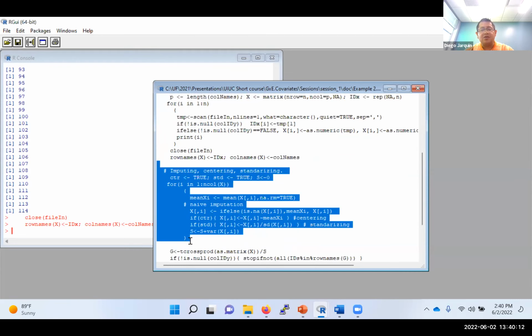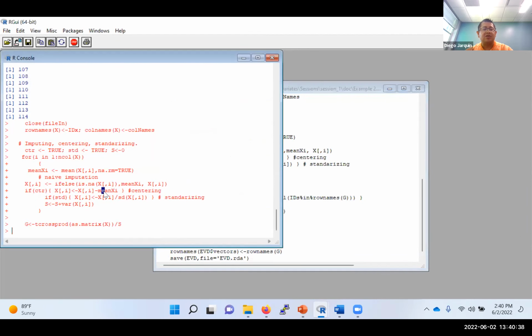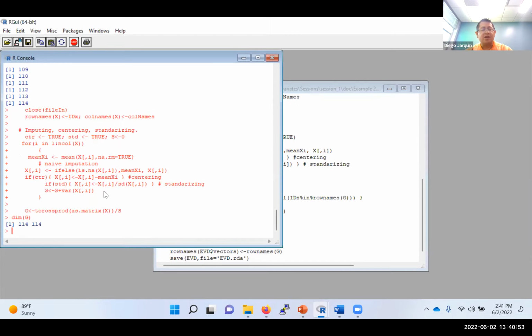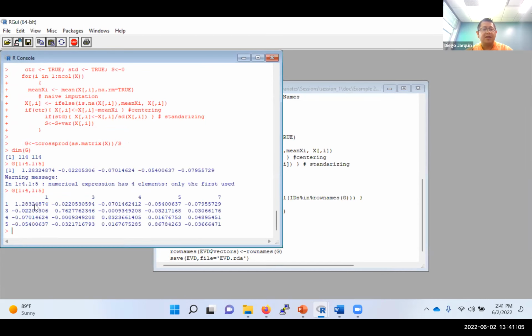In the next chunk of code, we are doing the imputation. If you remember, some of these markers have missing values. So we just compute the mean across marker positions, and we assign that as the missing value. And then we compute the G matrix. In this case, we use the product between Z, the incidence matrix, the X matrix multiplied by itself, divided by the number of columns. In this case, the dimension of G is 114 by 114. Okay, so we have the diagonal, different values,